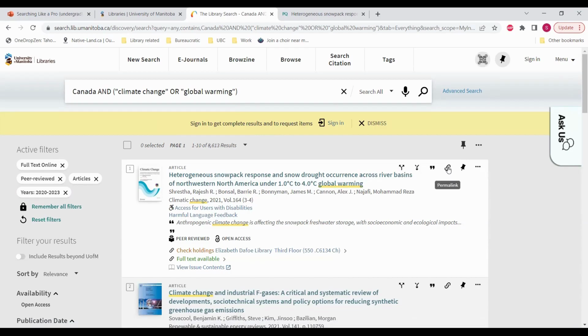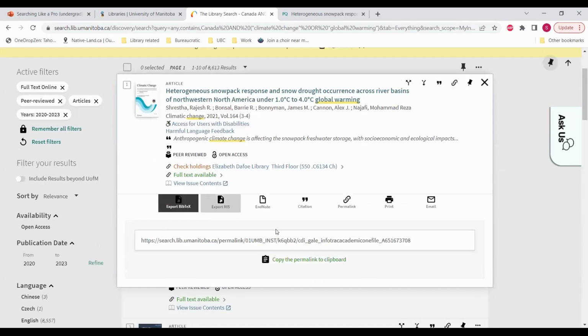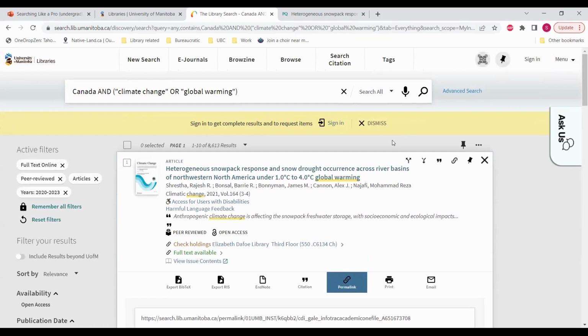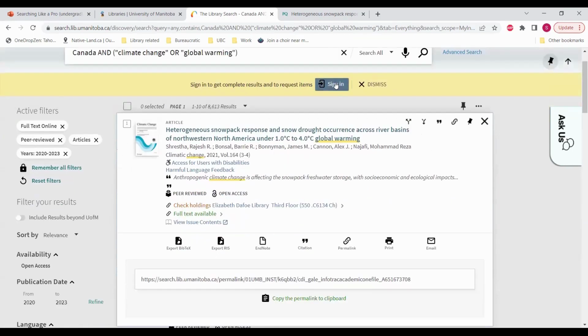A permalink, what this is going to do is it's going to give you a link that you can copy, and then you can paste this maybe into the bottom of your assignment, and what it will do is bring you back to this result in the library page, and then you can click through to the item yourself. Another easy way is if you have signed in,